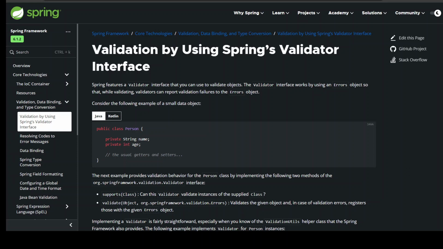public class Person { private String name; private int age; // the usual getters and setters }. The next example provides validation behavior for the Person class by implementing the following two methods of the org.springframework.validation.Validator interface. 1. supports(Class): Can this validator validate instances of the supplied class? 2. validate(Object, org.springframework.validation.Errors):